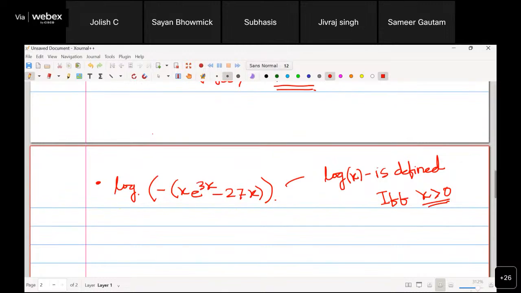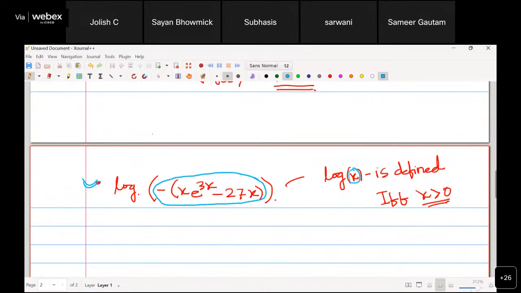So if you see for this function, what is x here? In place of x, what is there for this function? Minus of x e power 3x. Correct. So instead of x, I have this thing,